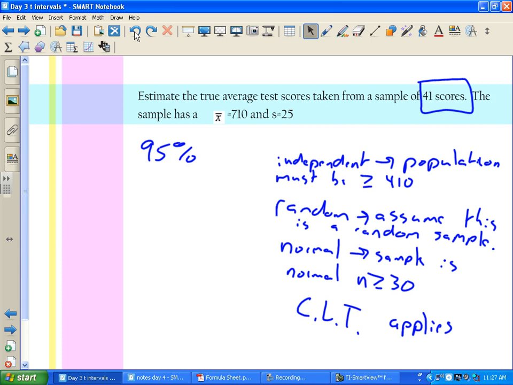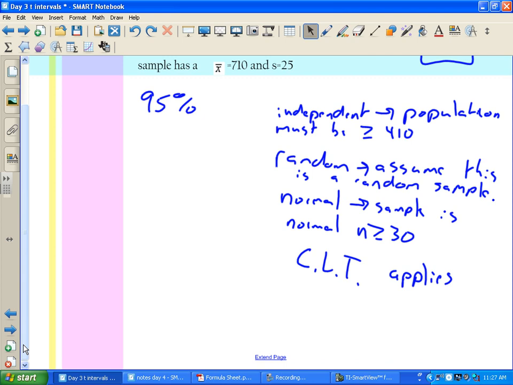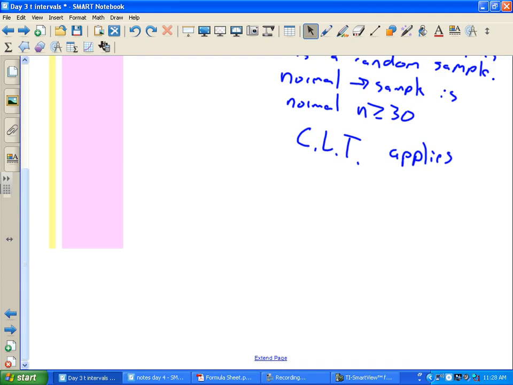Random, that one pretty much speaks for itself. I assume this is a random sample. That's saying, hey, it wasn't listed in the problem, so I'm going to assume that. Normality, we've got normality. That's an easy one. Our sample is greater than or equal to 30, so therefore we can apply the central limit theorem. I would also write out the words central limit theorem. I wouldn't write CLT. Okay? They don't want long, big, beautiful paragraphs. They want you to communicate what's happening, and then they want you to